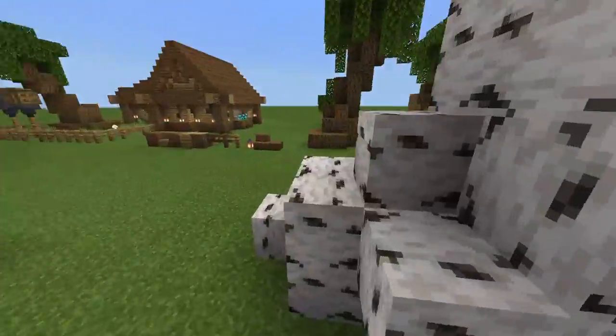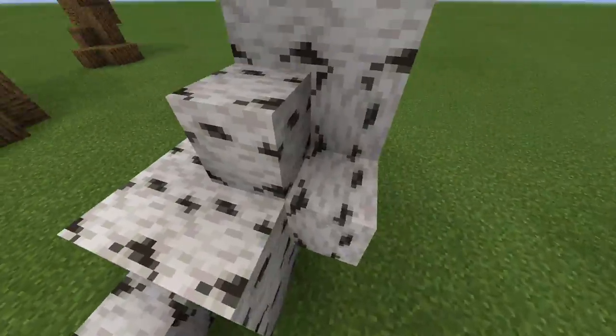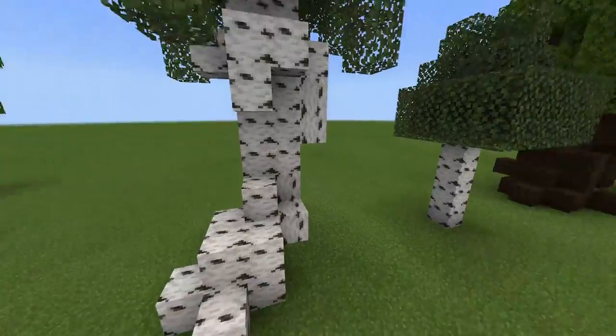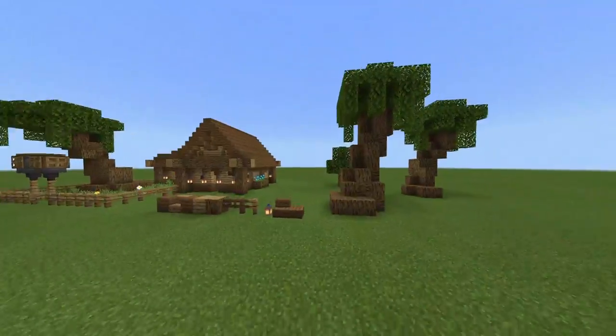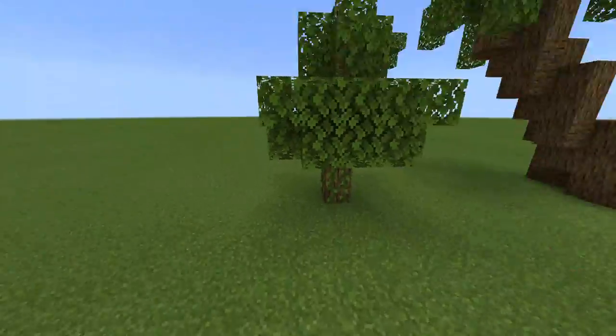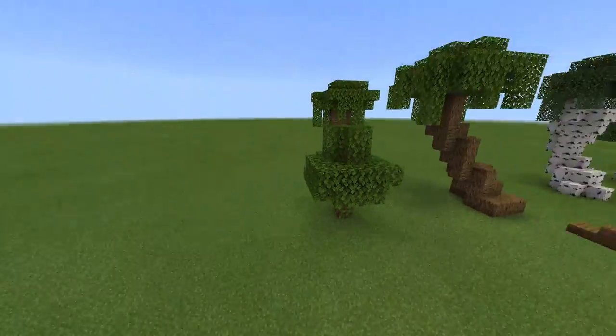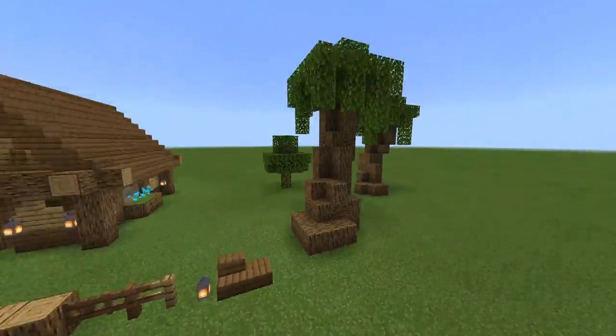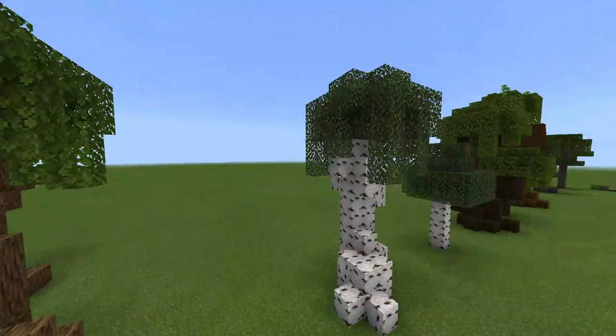And you can see the shape, it's more flat at the bottom, more bulky at the bottom, and it gets thinner as it goes up, which is normally the case for most trees. And then you see I've actually forgot to do this over here, I've put normal trees next to the artificial ones, and you can see which one looks way more authentic. And you know, I would have built a forest with these, but I don't have World Edit because I'm in Pocket